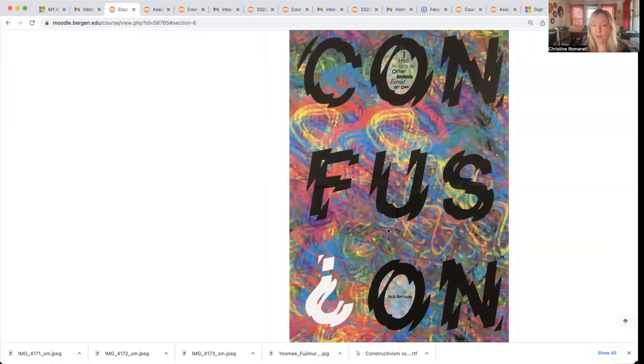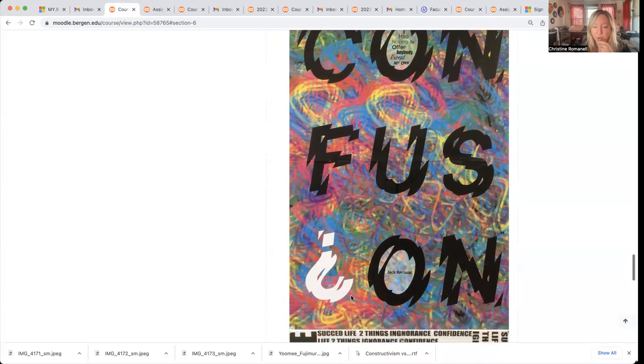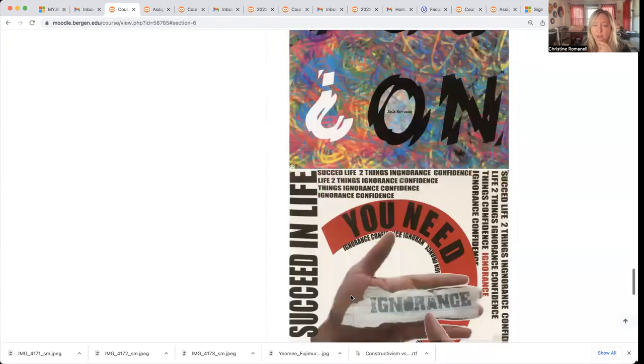And they're giving the viewer some sense of confusion by choosing kind of a chaotic background. And then using a question mark as the eye was really brilliant because you're putting a question in, which means you're confused, and using that as the eye and reversing the color as well. And then breaking up the word confusion also makes it a little bit more difficult to read. So great design choices there.